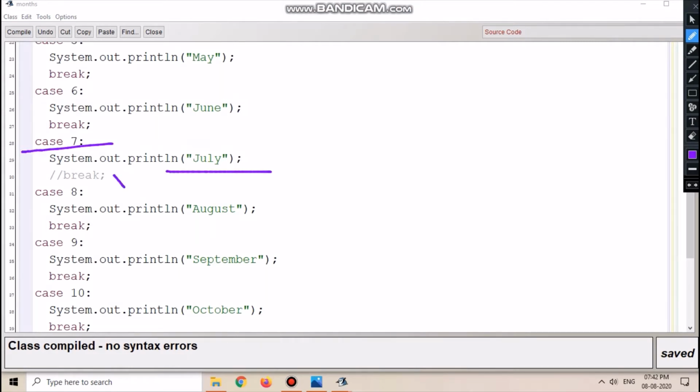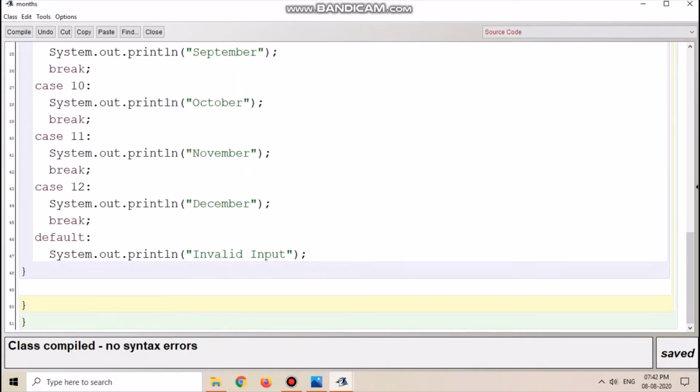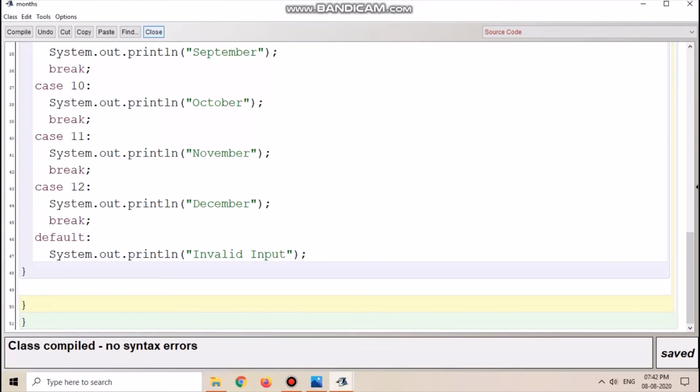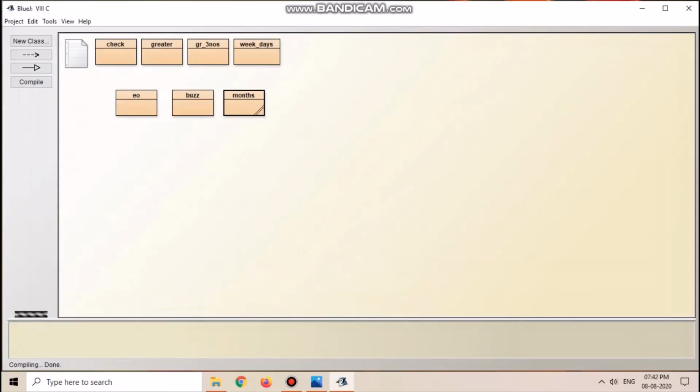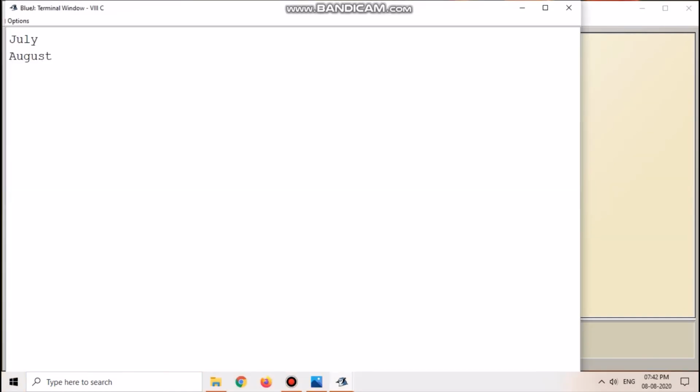Since break is missing, what will happen? It will come to case 8 also, and then it will print August. After this you are having break, so control will come to this part. We'll check this. This is also known as fall through. So here you can see July and August is coming.